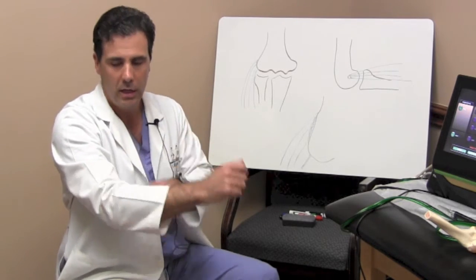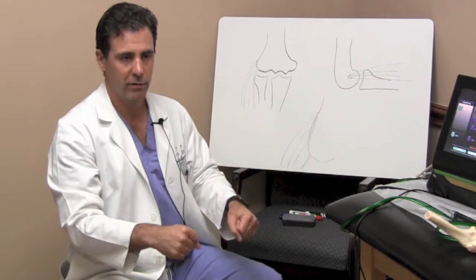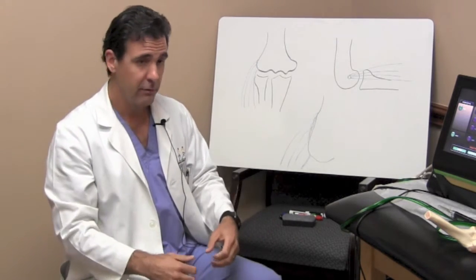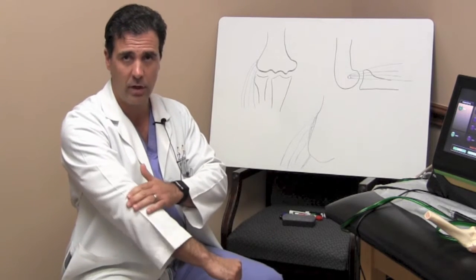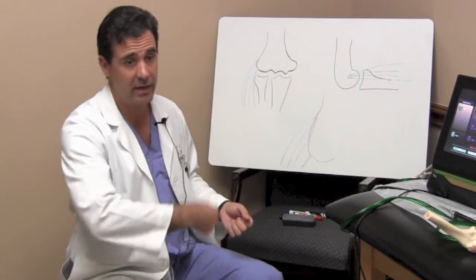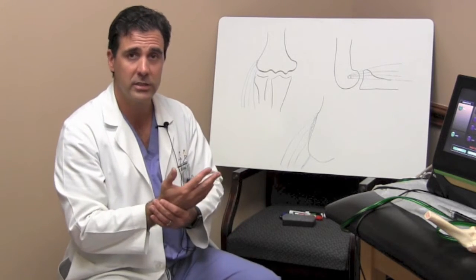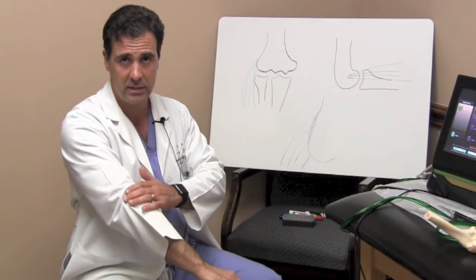If you have a repetitive activity such as lifting, or if you're locking your wrists, or if you're at the gym and you do these flies and you have to keep those wrists locked, and you start developing a lot of lateral elbow pain, these are typically symptoms associated with tennis elbow. Or if you go out and play a lot of tennis and you get pain with the backhand, any activity where you have to lock your wrist and do a repetitive activity, that can irritate this common extensor tendon